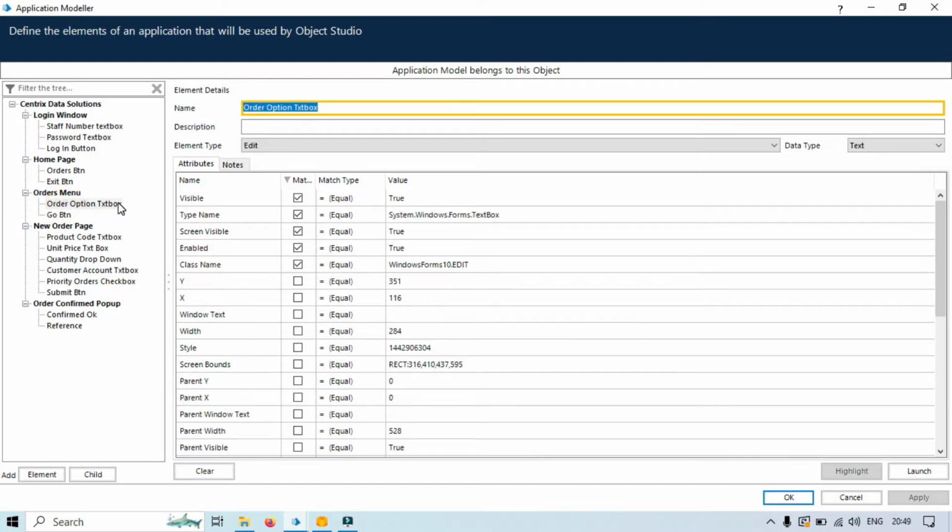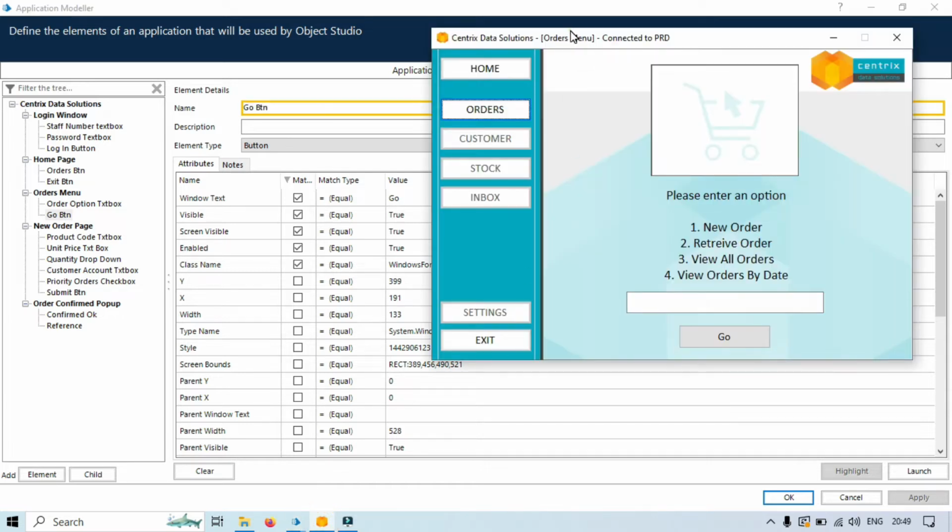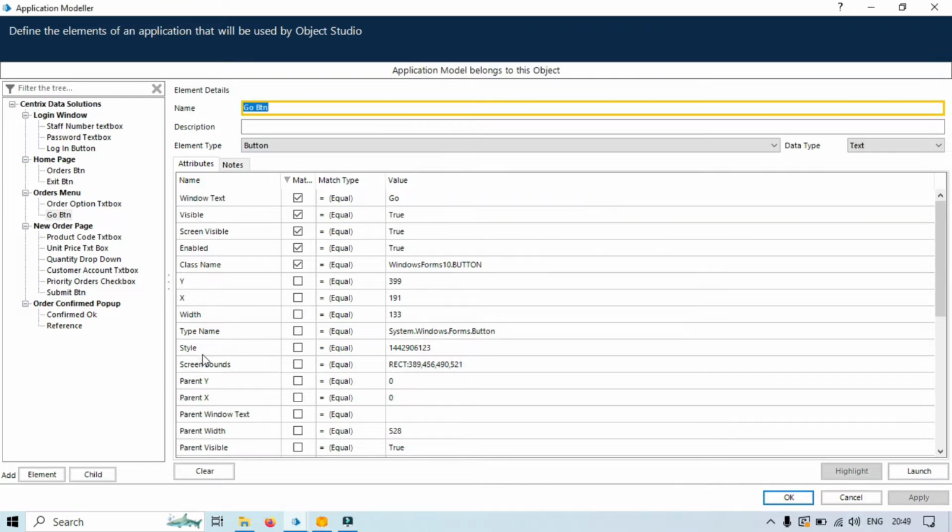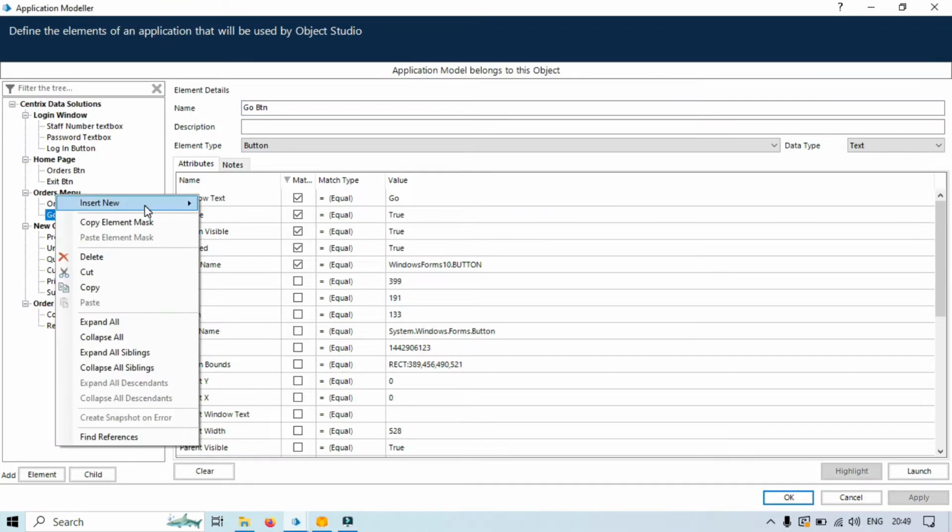Second, we have the orders option text box that is also created. Third, we have the Go button. So 1, 2, 3 are already created. If you want, you can create one for this order options and you can also create one for this image. So let's create one more. Let's right click on this and insert one,